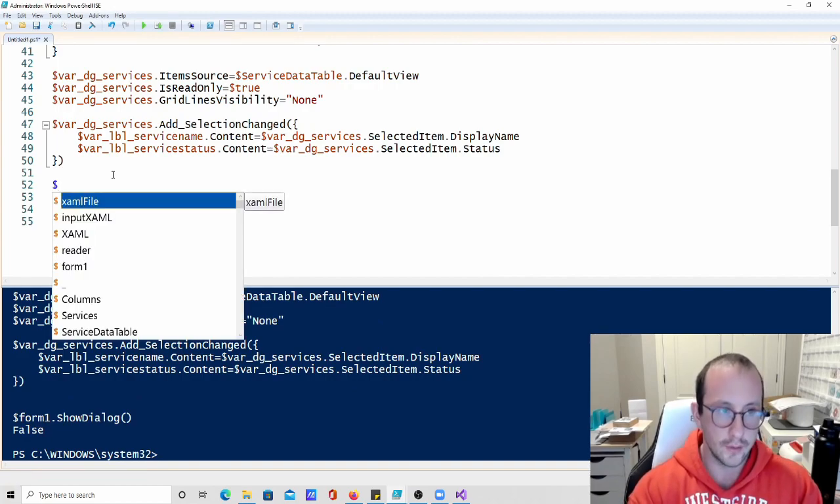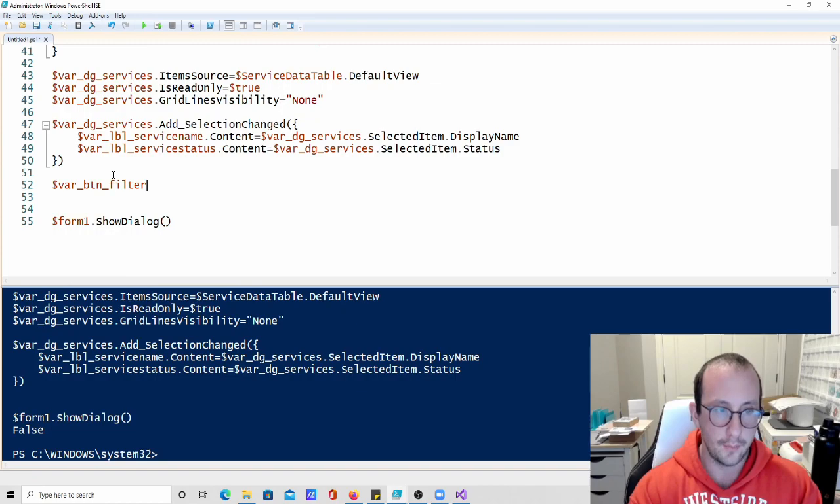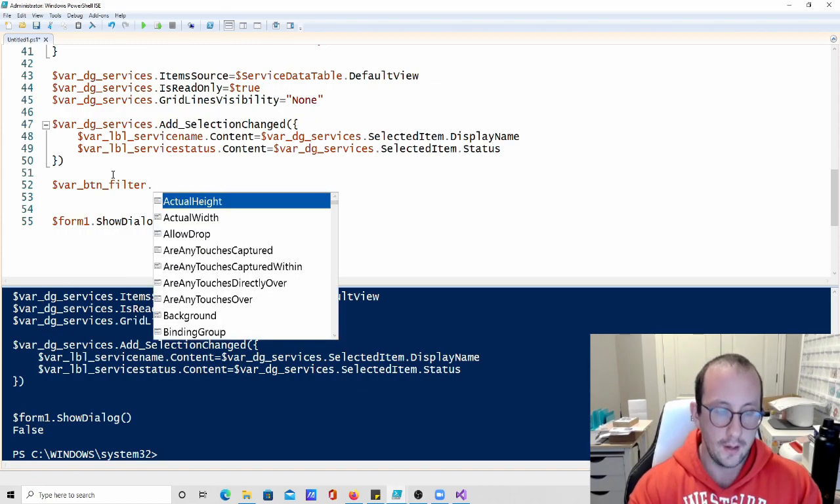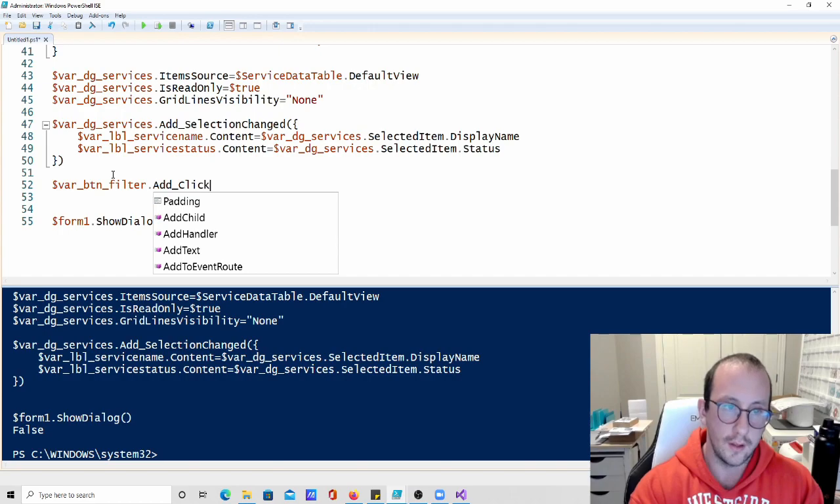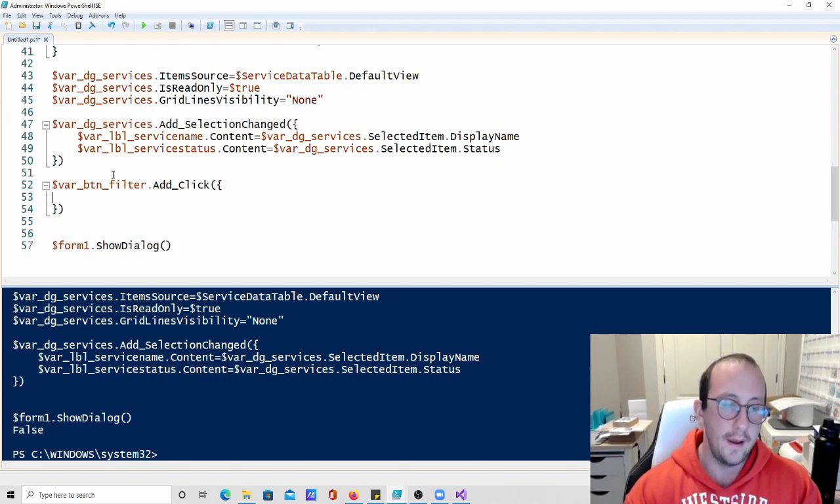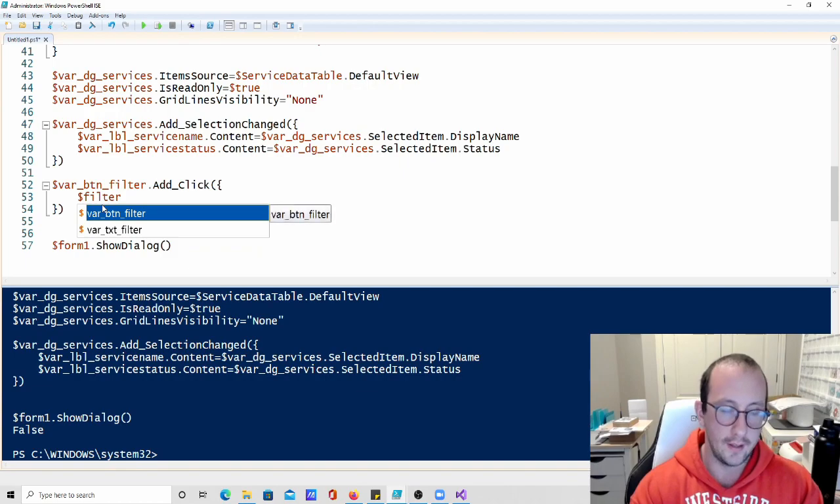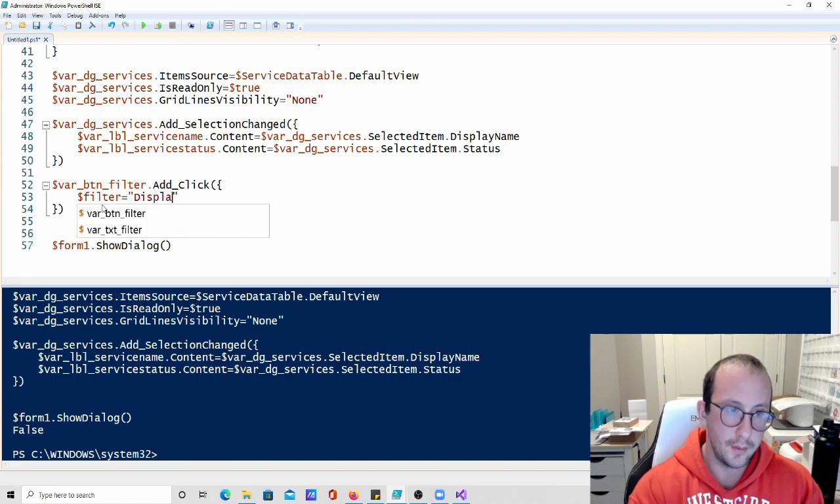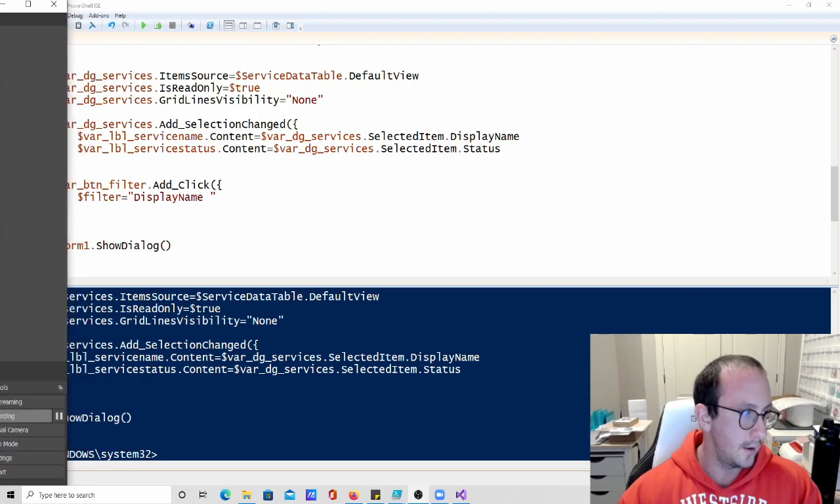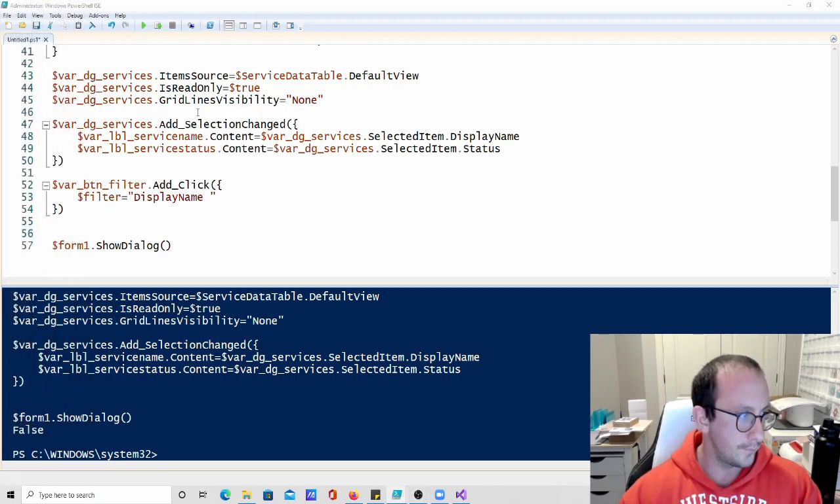So the way that we do a filter, we've seen how to add button commands before. So we grab our button and we do an add underscore click event, then open and close curly brackets and parentheses. And then in there, what we're going to want to do is go ahead and create a filter. So let's create a variable called filter, and we're going to make that equal to display name, and then I believe it's going to be like